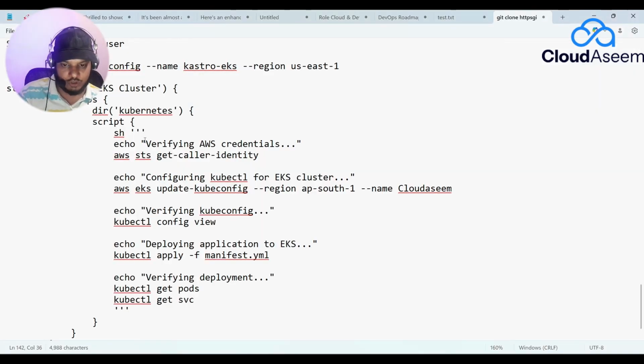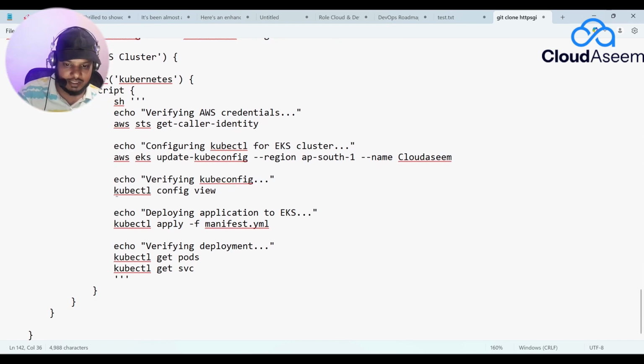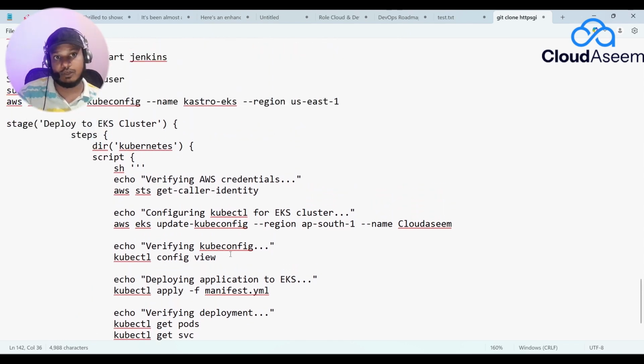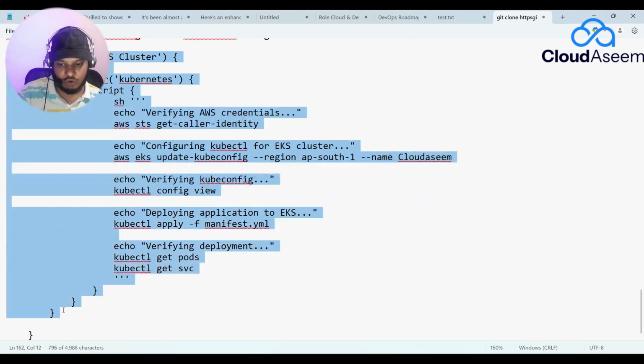After that, I'm going to use sh, echo credentials, update my cluster, then config view, then deploy this application by applying this YML file. That file is manifest.yml. Then afterward, I need to have get pods and get service. The service we are going to deploy on an AWS load balancer. Okay, I'm going to copy this over here,